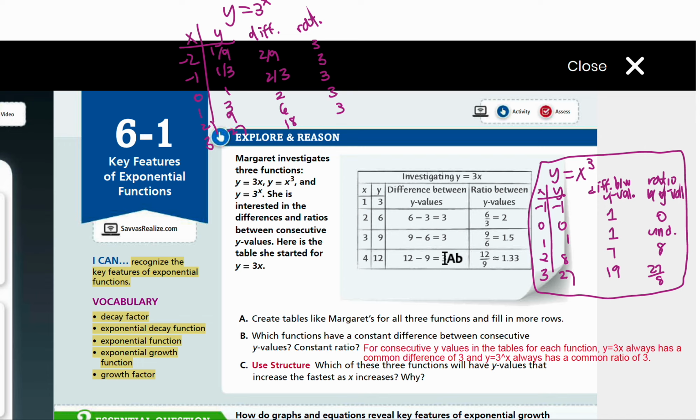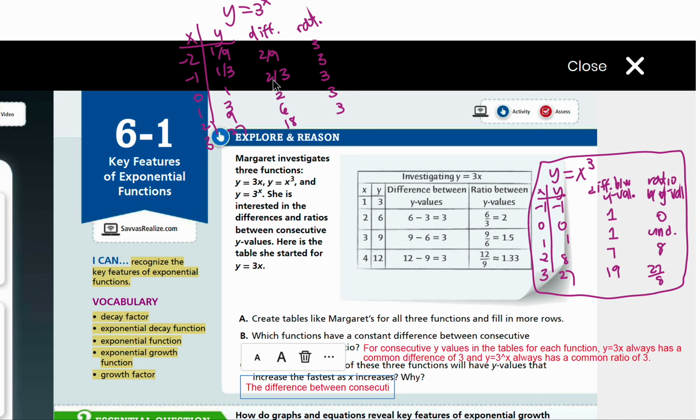Your y values would increase by that much factor, right? But the ratio tells you the y values are going to increase by multiplying by that factor. So obviously, just by comparing y equals 3x and y equals 3 to the power of x, you know that y equals 3 to the power of x would increase much faster, right? Yeah, so comparing this information, we can tell that the last equation will increase the fastest because the difference between